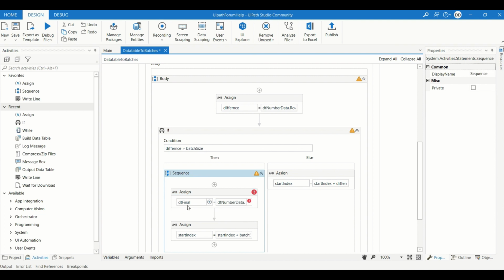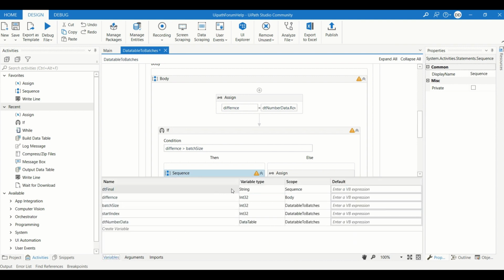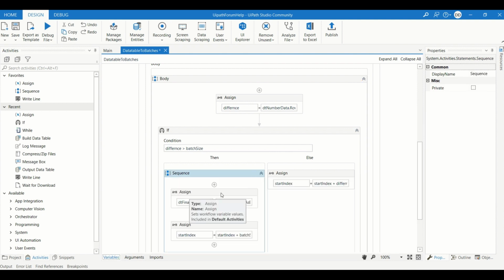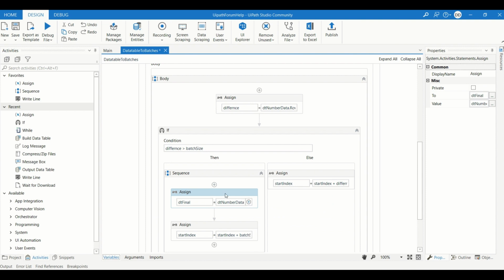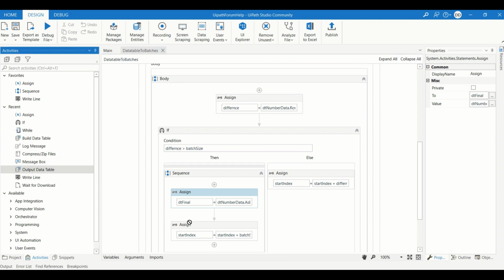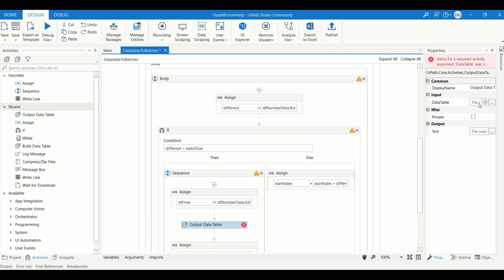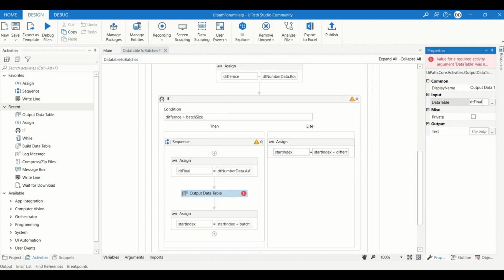Okay, now dt final, we haven't changed the variable type of this. We have created it, and we have to change the variable scope also to the body. We are done with it. If you see here, let me put the output data table dt final output.